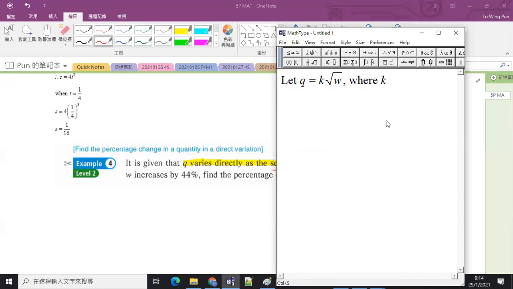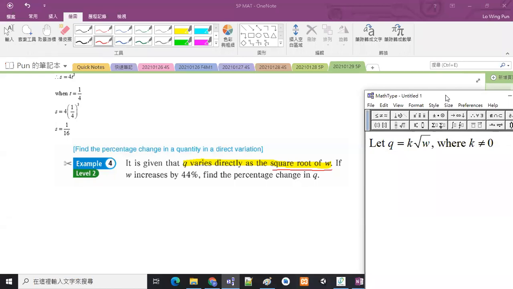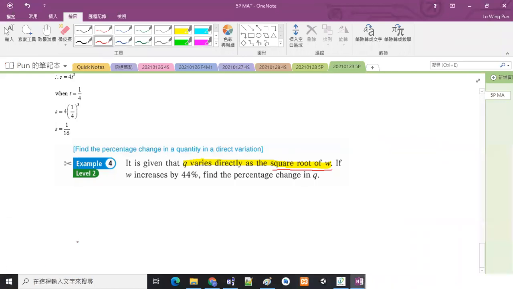Where K is not equal to 0. 係咪都寫咗呢句嘢出嚟先啊？得唔得？It's okay。我抄過嚟先。好啦，跟住咧，if W increases by 44%, find percentage change in Q。